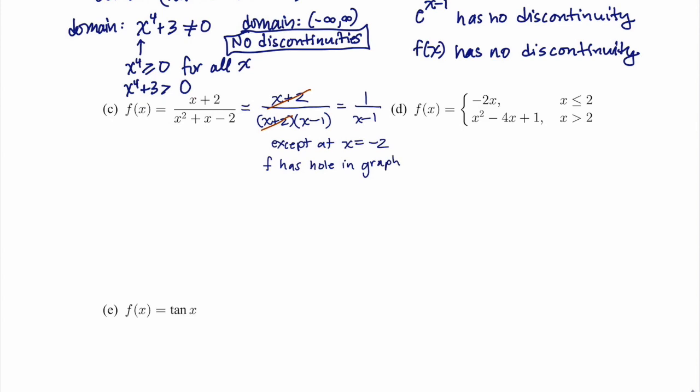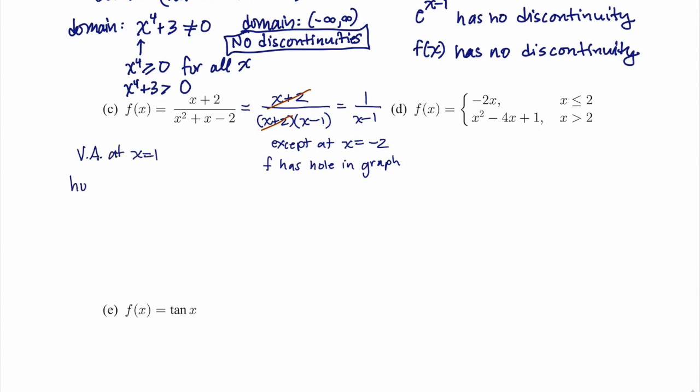So we can see that the denominator is 0 at two places, both at negative 2 and at 1. At negative 2, we have a hole in the graph, and at 1, since the denominator is 0 and the numerator is not, we know we'll have a vertical asymptote. So we have a vertical asymptote at x equals 1,